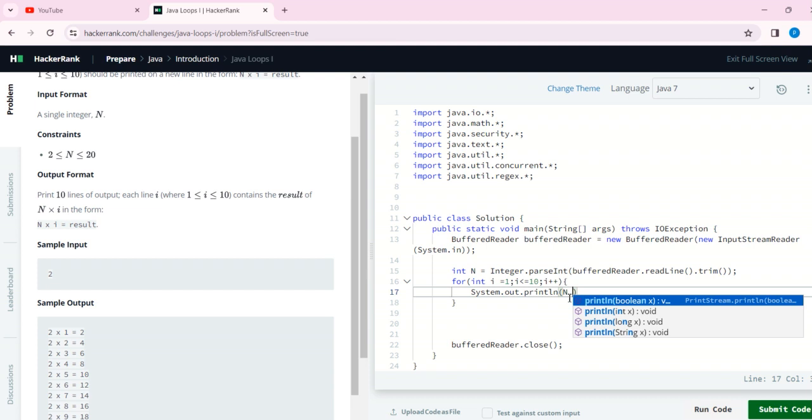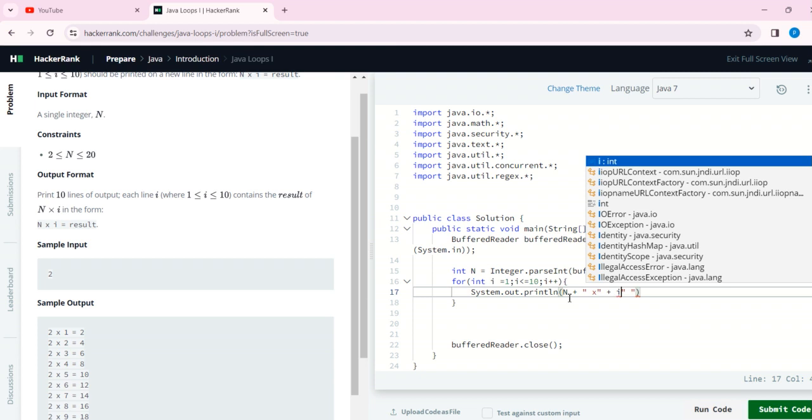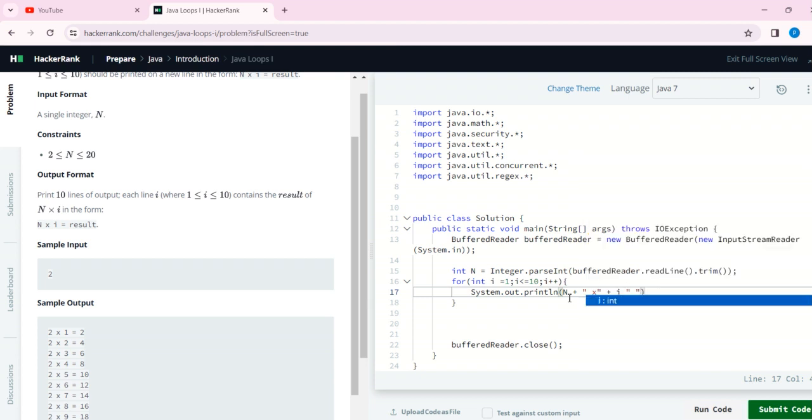Then, to add strings in Java, we use the addition operator. Then we have to write the cross multiplication sign as it is shown in the table, and then again plus, then we write the i value, which is very important.